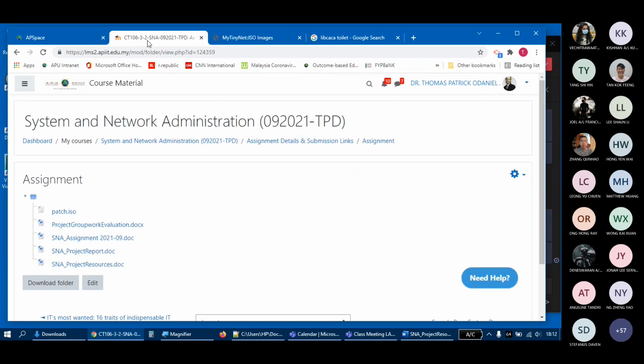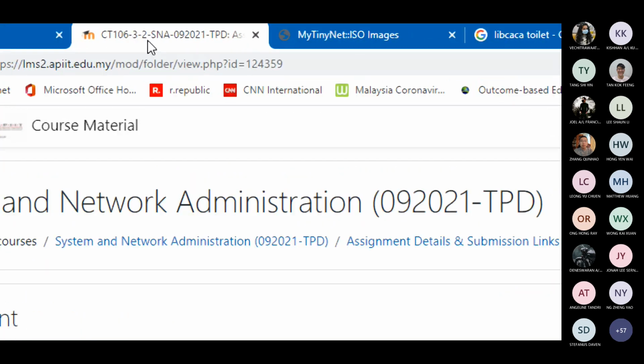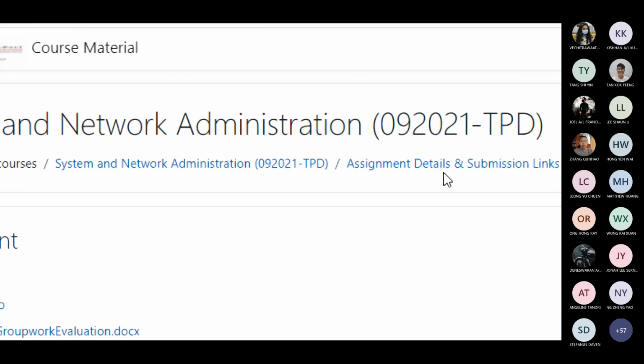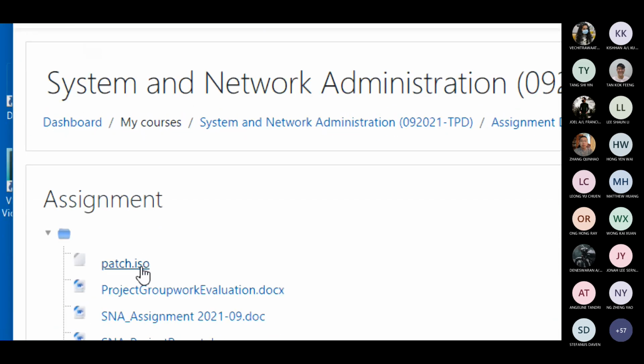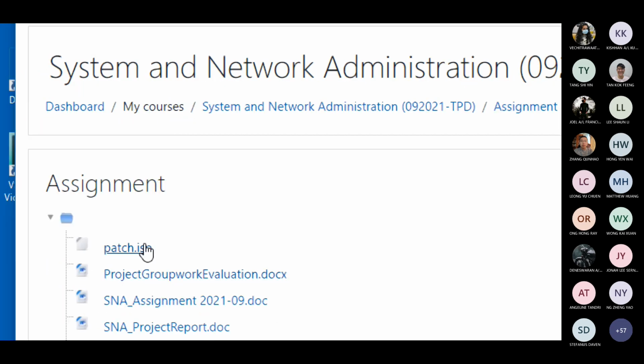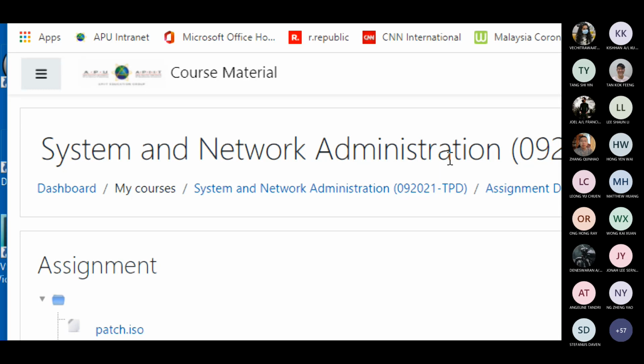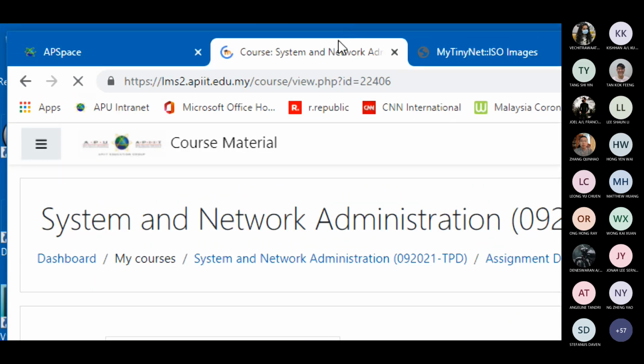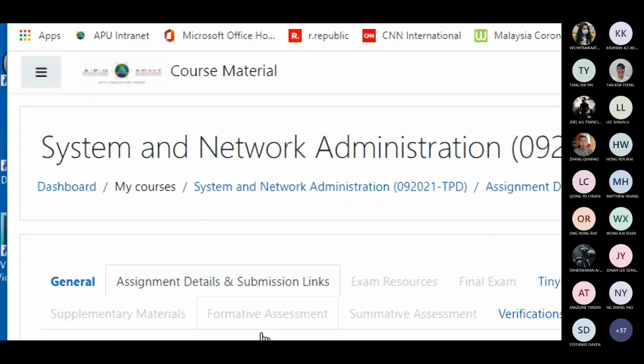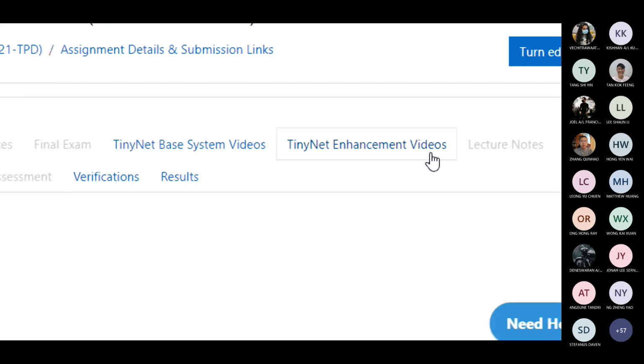We're in the assignment details and submission links to get to the assignment folder and the patch ISO. Let's back up here for a moment. There we go. And down here in the TinyNet enhancement videos,